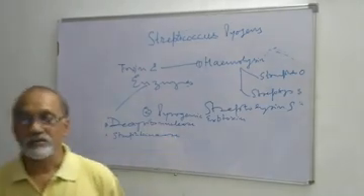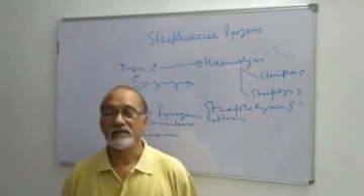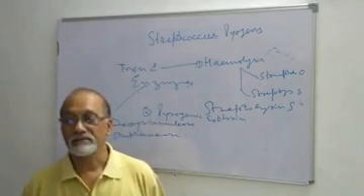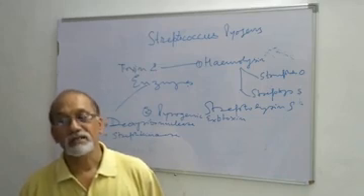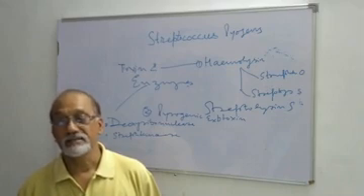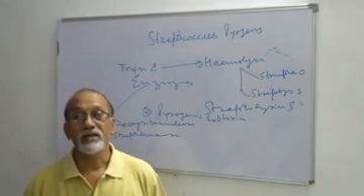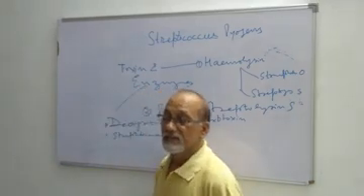Streptokinase is also known as fibrinolysin. This acts on plasminogen, a factor present in normal plasma, which is converted into plasmin, an active proteolytic enzyme that lyses fibrin and